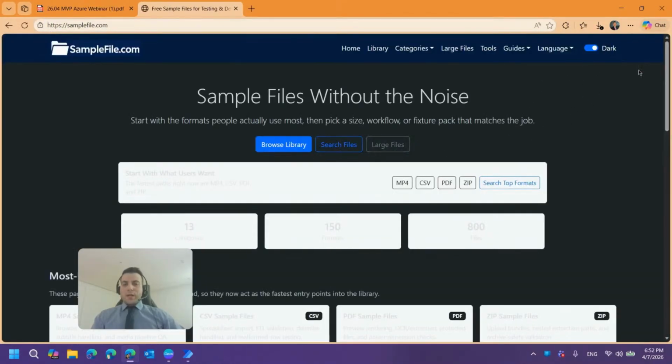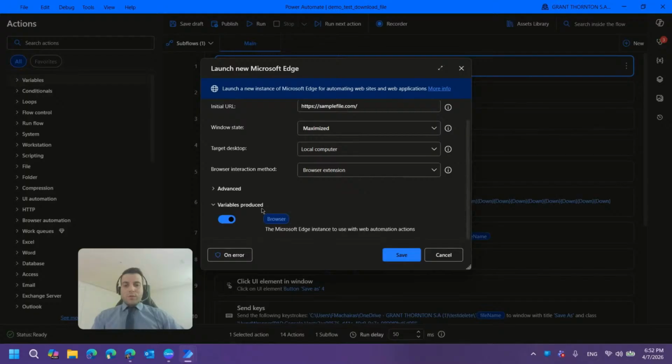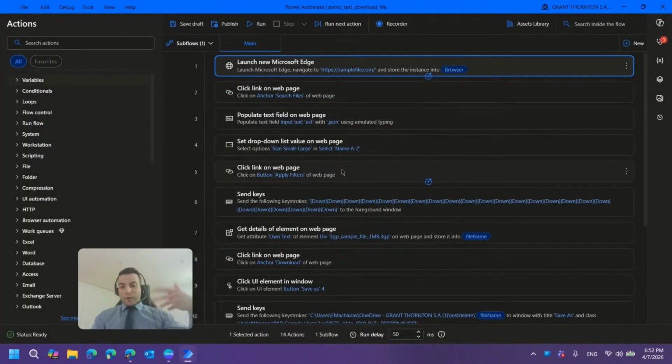We might have a sign in and use our credentials, but we just enter on it, and we maximize it and save the browser into this variable in order to have the instance